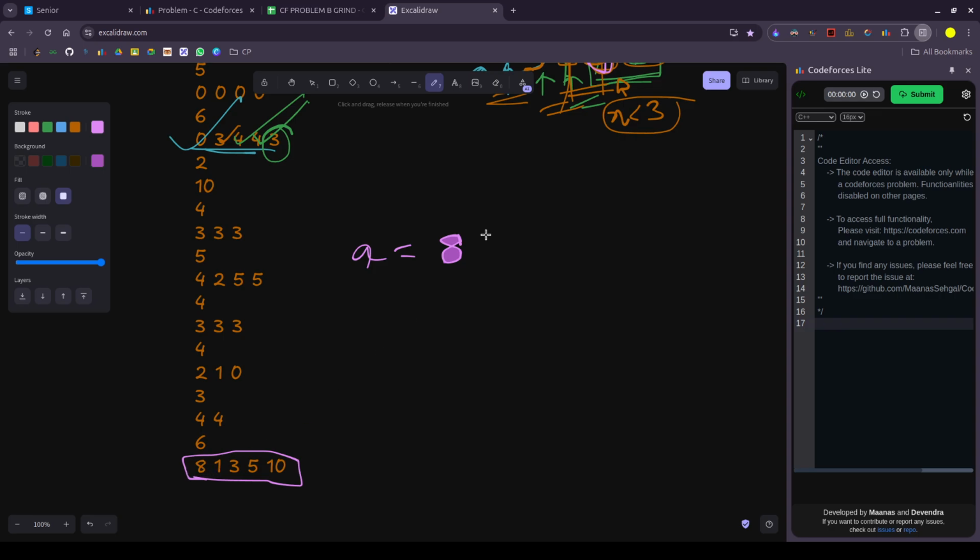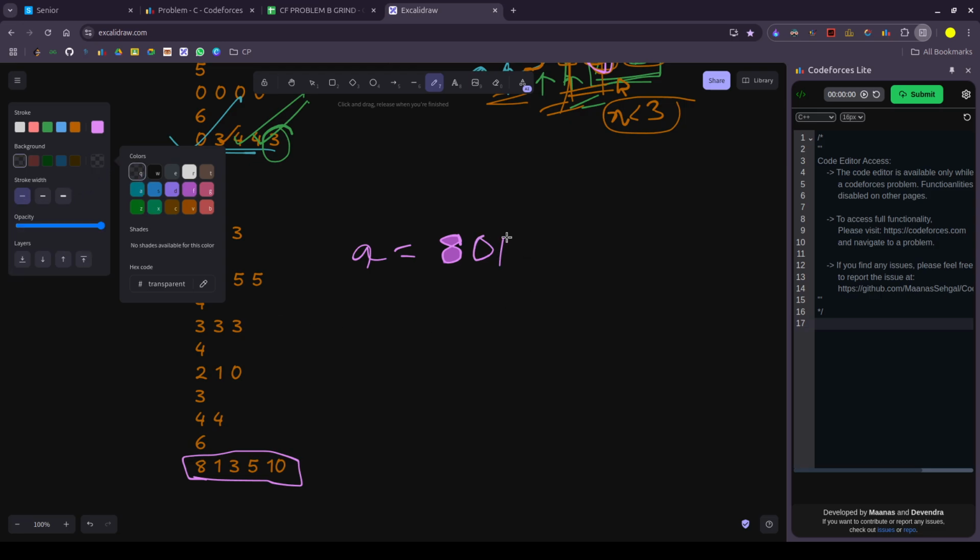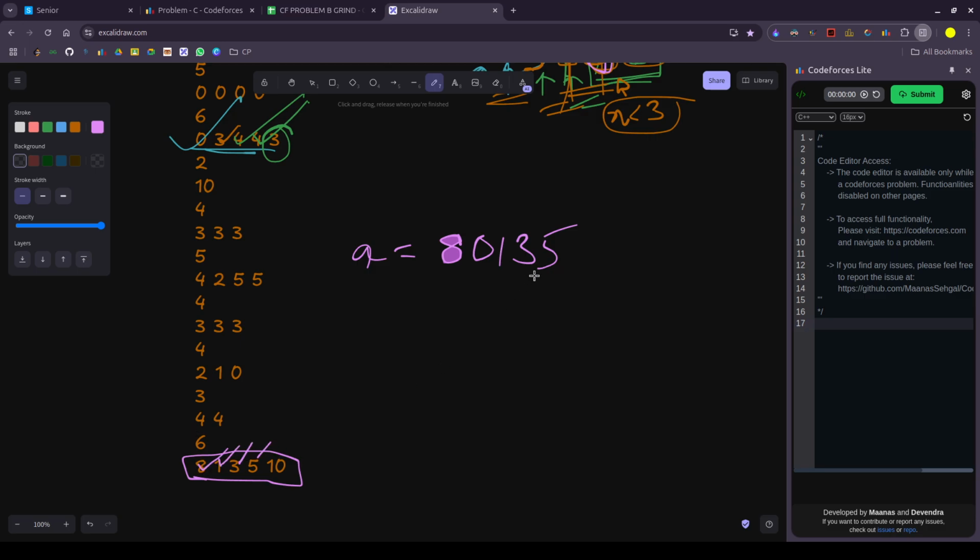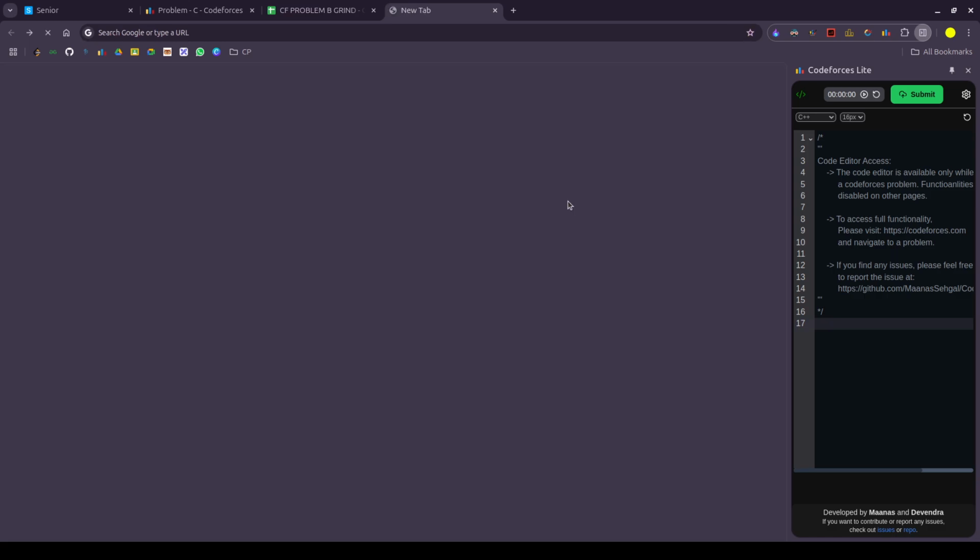Then if we write 1, we will not get 1. Then we have to add 0 to get 1. So 0, 1. And after that, if we write down 3, then we will definitely get 3. 5, definitely get 5. So these are satisfied. Then ultimately if we write finally 10, then the maximum of these two will be,